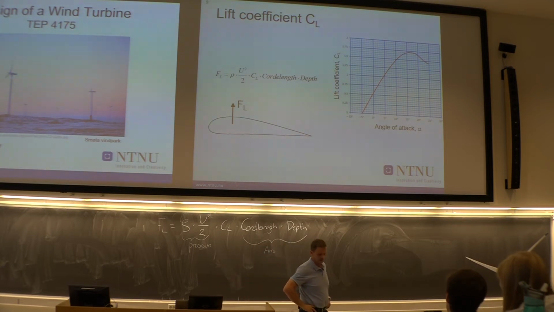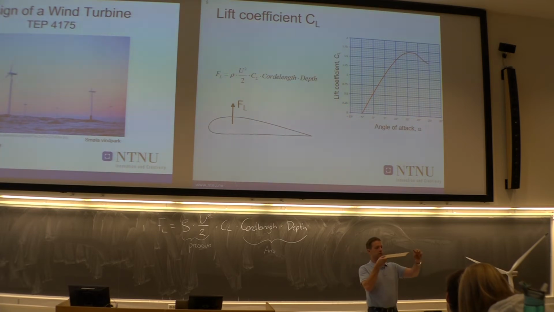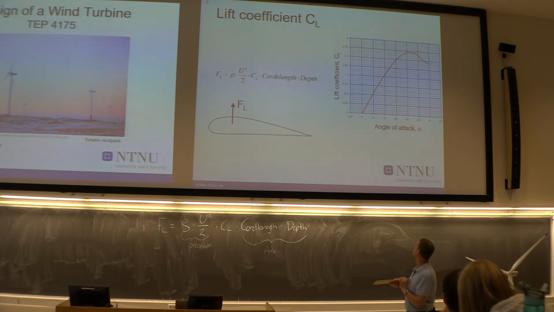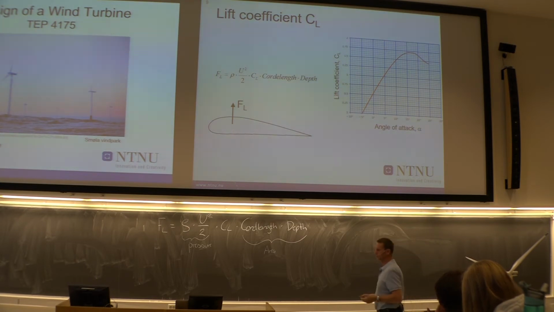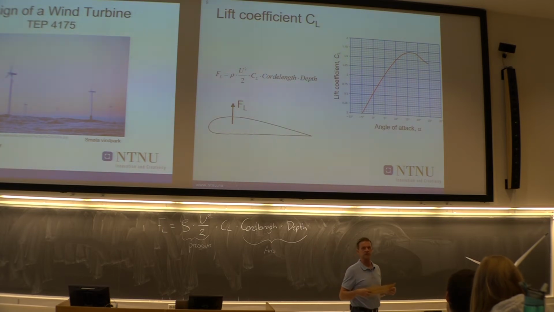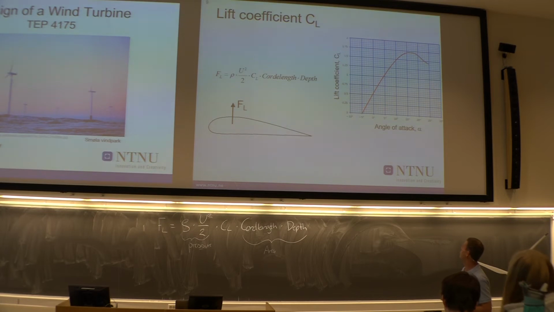This is when the flow is not following the shape of the blade anymore, and we have separation, we call it stall, and then we'll start to lose the lift of the blade. This means that when we design a wind turbine or a wing of an airplane, we need to stay away from that region. We need to know that we are within, in this case, -5 to about 10 to 15